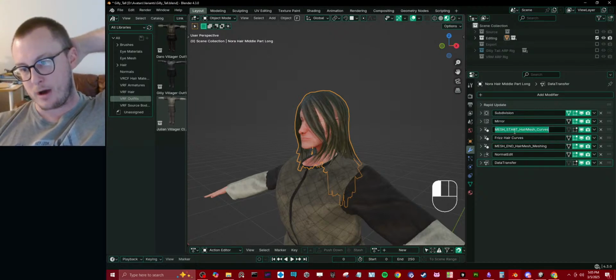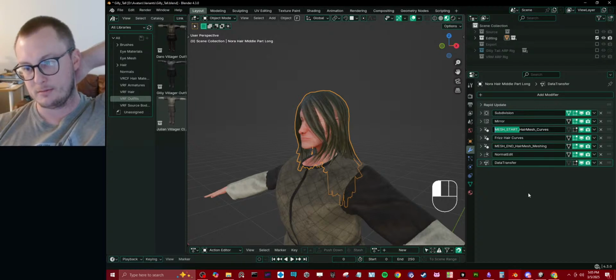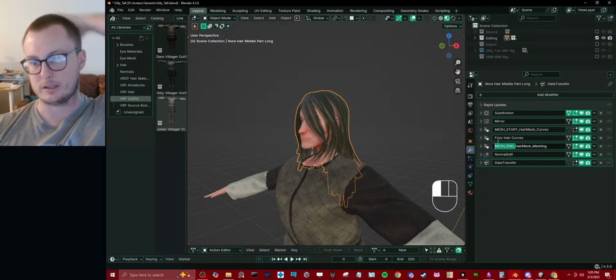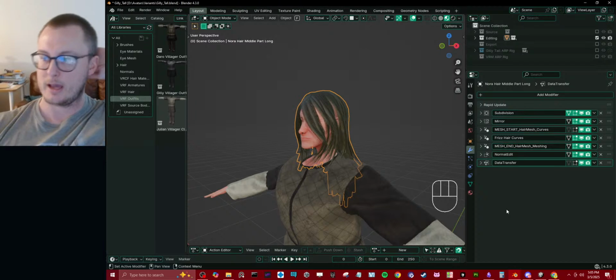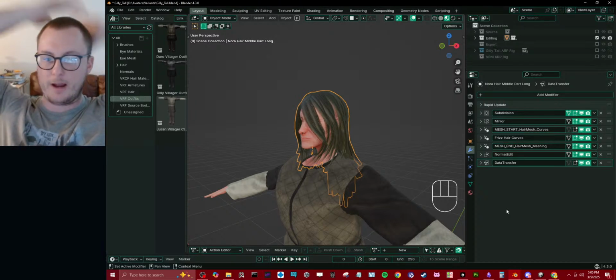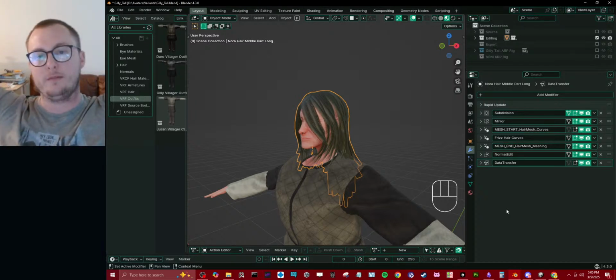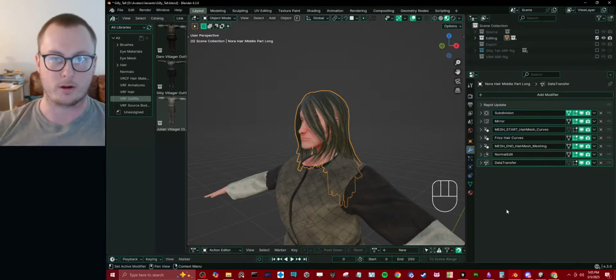For any modifiers that I want to apply together, I just add this prefix, and anything in between the mesh start and mesh end gets applied together, inclusive. So it's including the start and end. It's super, super useful, super handy, especially for a geometry nodes workflow, because